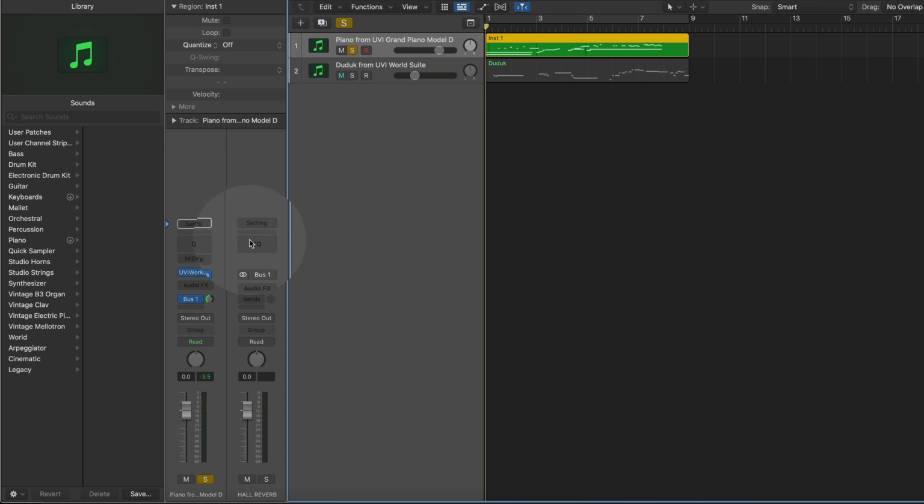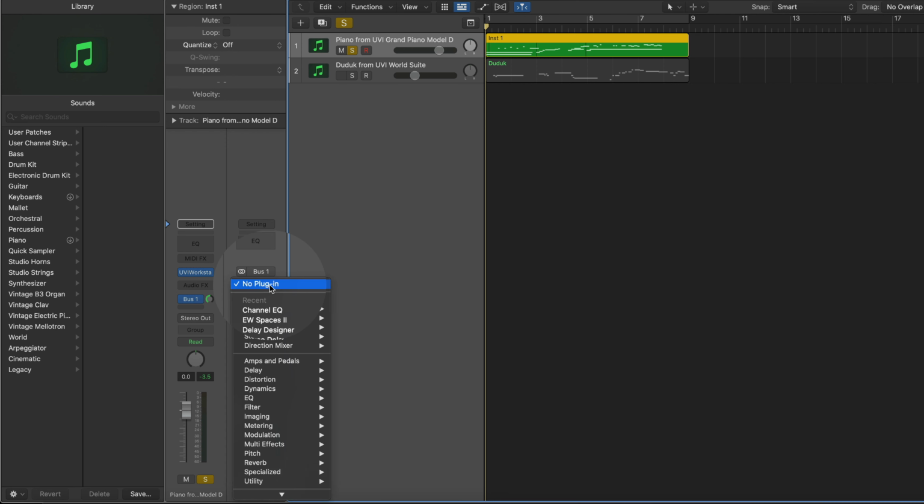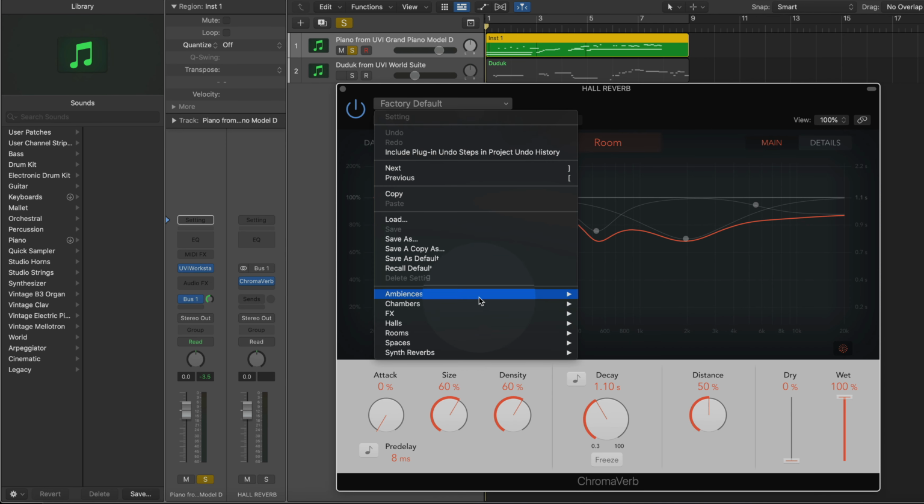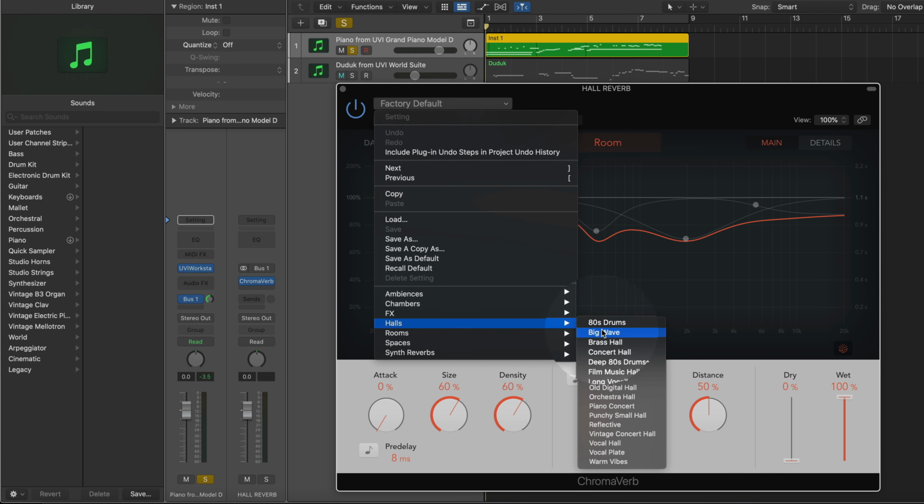And then what you see now is where you will insert the effect. So I'm going to use Chromaverb stereo, and I'm going to go to a hall, and I will just use this